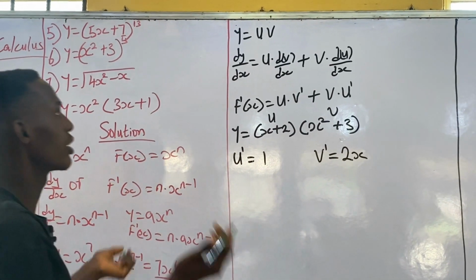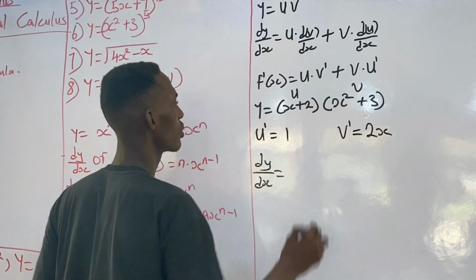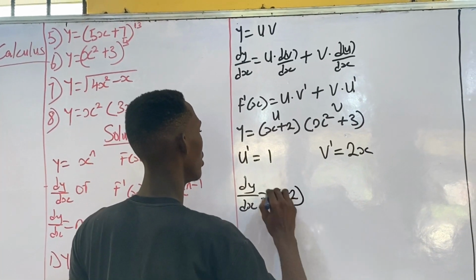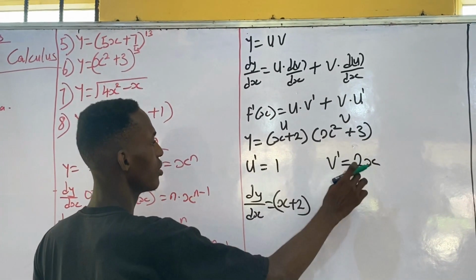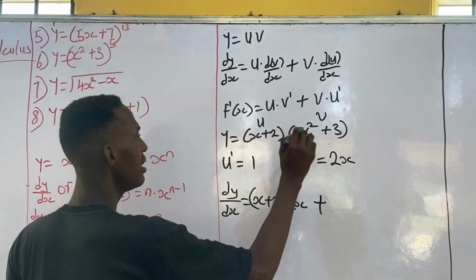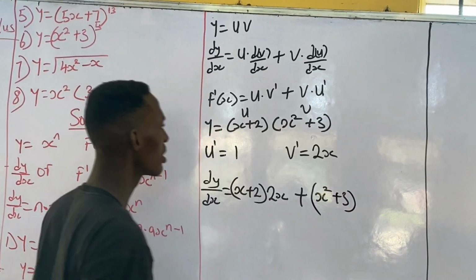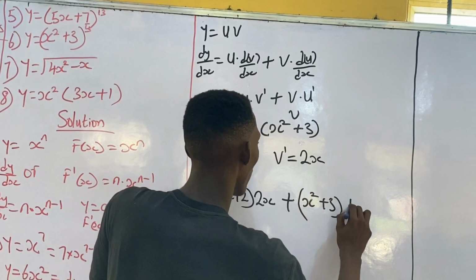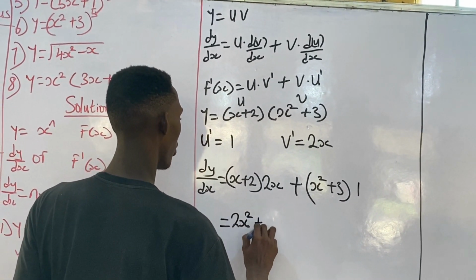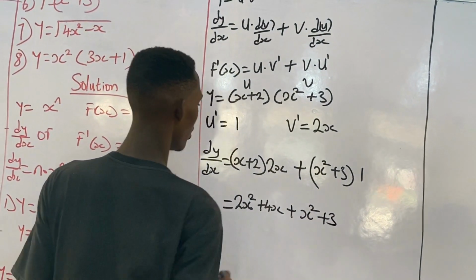I already have our u and we have our v. So easy peasy. We can just solve directly by saying our dy over dx is equal to u, which is x plus 2, and the derivative of v is 2x, plus v itself, x squared plus 3 in bracket, times the derivative of u, which is 1. Therefore, you can expand by saying 2x squared plus 4x plus x squared plus 3. And that will give us